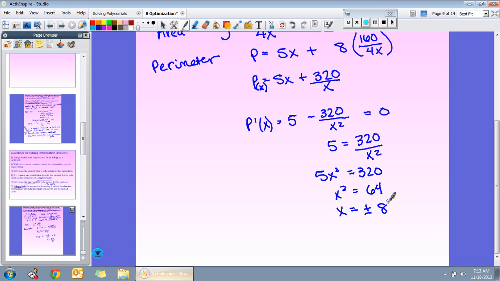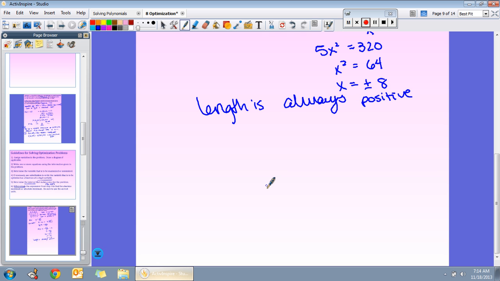Now technically x equals plus or minus 8, but length is always positive. So we're really only talking about positive 8. So when we go do our intervals, we can't have less than 0 as our shortest side,